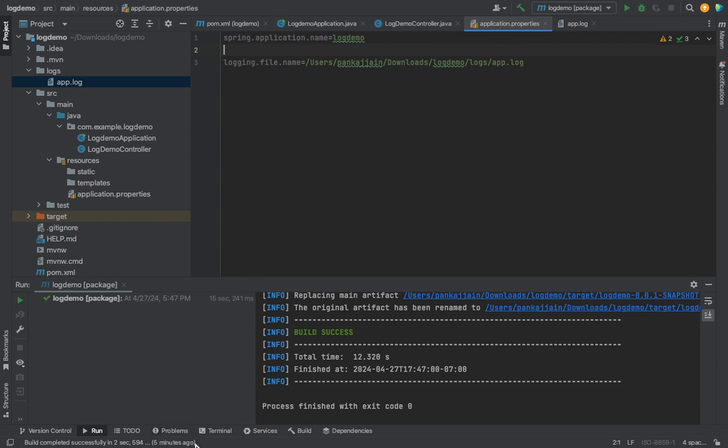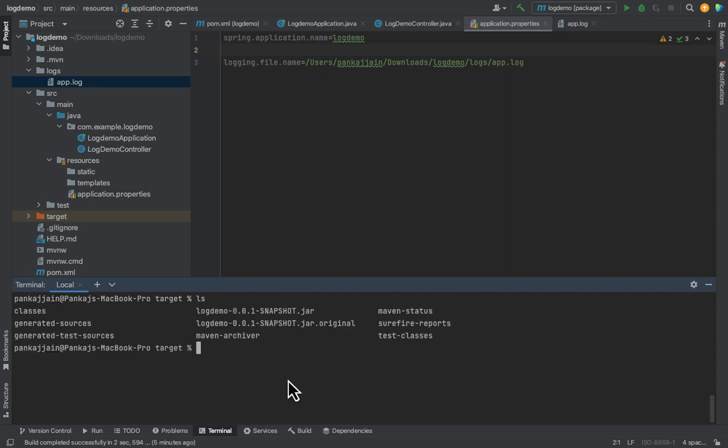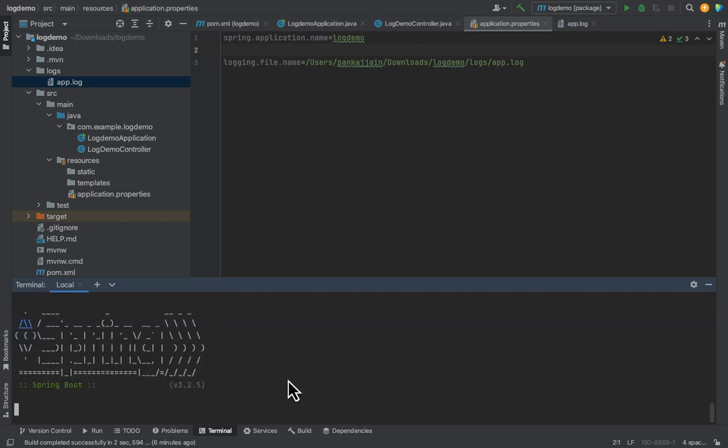Click Terminal to open up a terminal. It opens in the target folder. Running an ls shows our jar file over here. Now let me run java -jar and using -Dlogging.level.root=info and -Dlogging.level.com.example.logdemo=info. So you can specify the levels for our packages while launching the app, and then our jar